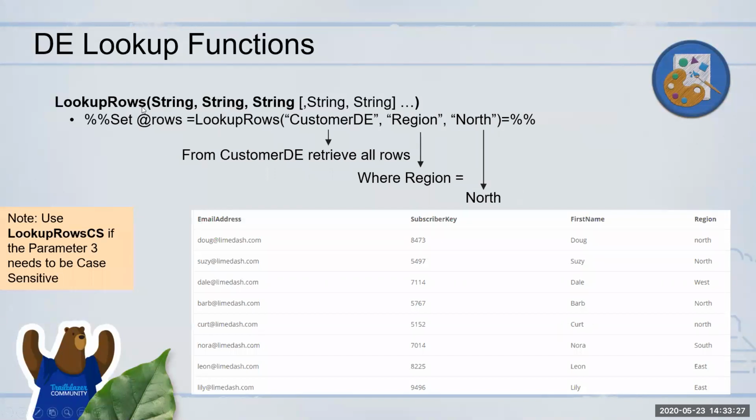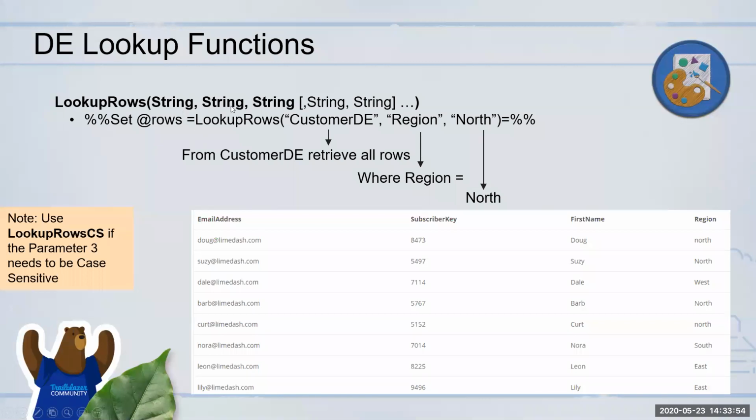Now we will look at what if I want to select multiple fields or multiple rows. If I don't want just one field, but a set of fields that may span across multiple rows, because there might be multiple rows that satisfy the condition, then you will use the function called lookup rows, not lookup. Lookup rows will give you a row set, which means a set of rows.